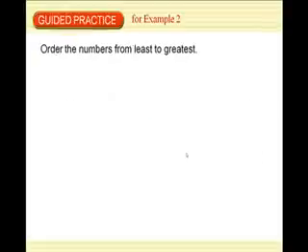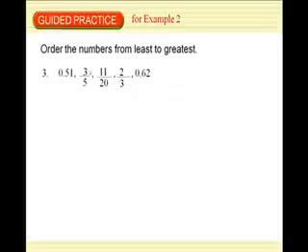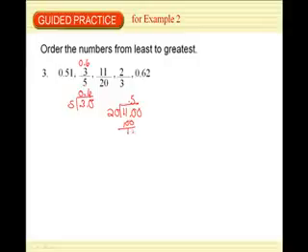Okay. There's the one on number line. So order the numbers from least to greatest. So let's change this 3/5 to a decimal, that's 3 divided by 5. So that's 0.6. 11 divided by 20 goes in there 5 times, which is 100. Subtract, goes in there 5 again, so that's